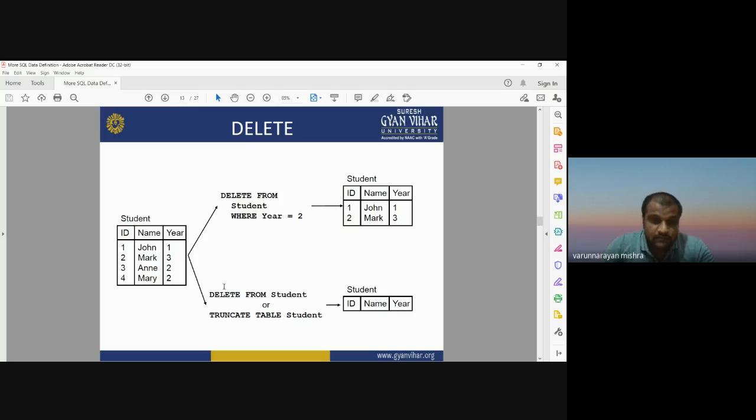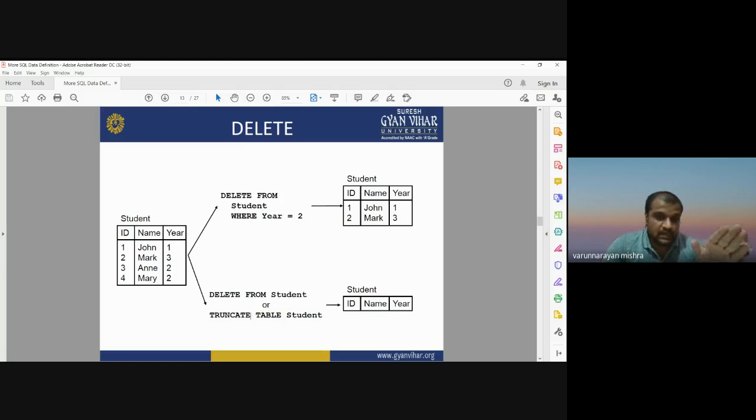Okay, so be careful before running any kind of command which is related to delete. Here you can see truncate table student. A newer version of SQL now has this command, truncate. So you can use either command for deleting, the delete command or the truncate command. Both work in the same way, both work for deleting a value, both work to delete a specific record in your table. So this is how we use the delete command.